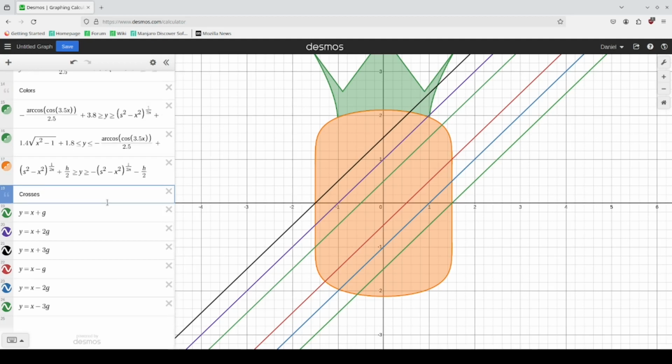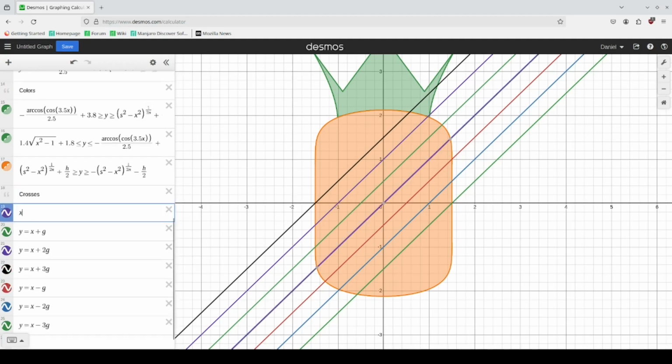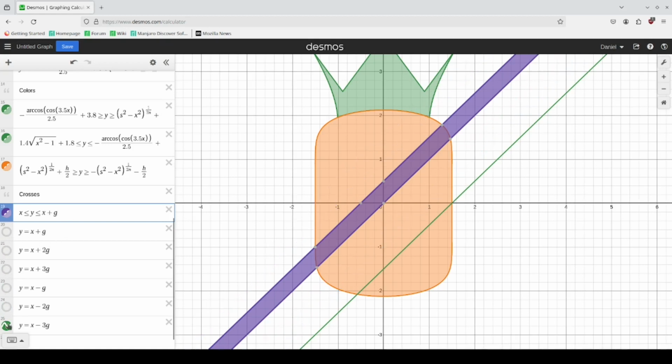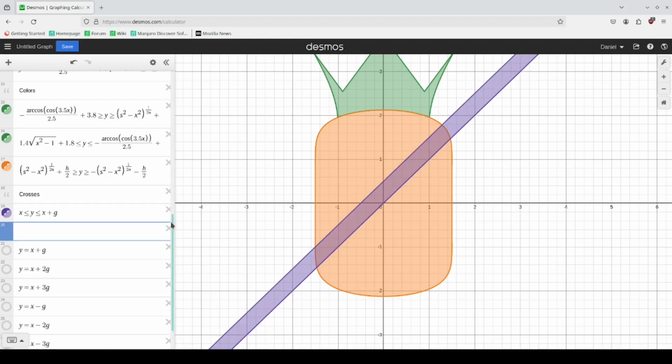We go x is greater than y is greater than x plus g, and so that is easier to look at. It's going to hide all of these guys here, and then the next gap is going to be x plus 2g is greater than y is greater than